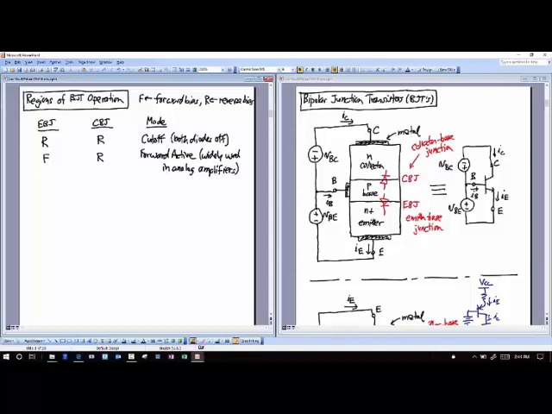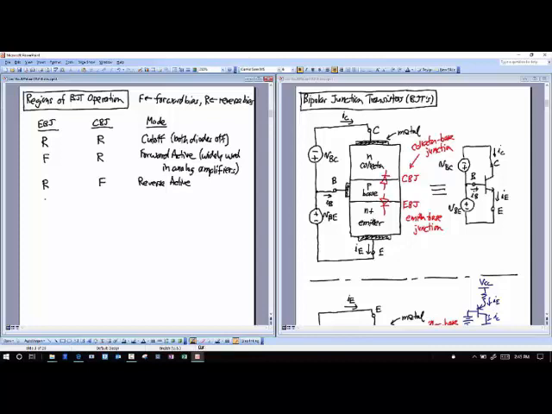Then I can choose some other things. I can reverse bias the emitter base junction down here and forward bias the collector base junction. That will also allow current to flow, but that's not what I want. Okay? In that case, current would flow up, but I would have to put a larger voltage down here than up there. And usually I'm not doing that. So usually I'm not using this mode, but I'm just saying that current also flows. That's the reverse active mode there.